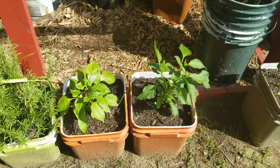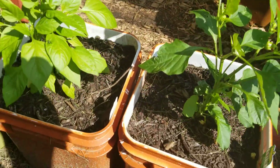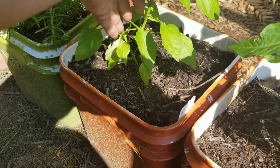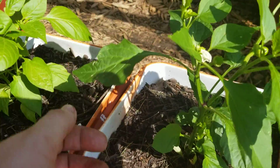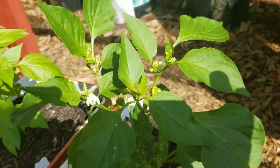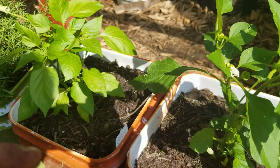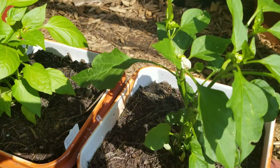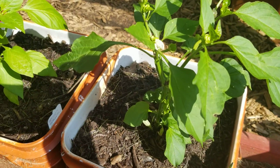Got a couple new pepper plants. Picked these guys up over at Home Depot because they actually had 2 of them per pot instead of the 1 like usual, and they're nice and healthy. Already producing little peppers for me. They're both sweet peppers. This is a snacking, lunchbox snacking pepper, and this is a gypsy, and pardon the low-flying